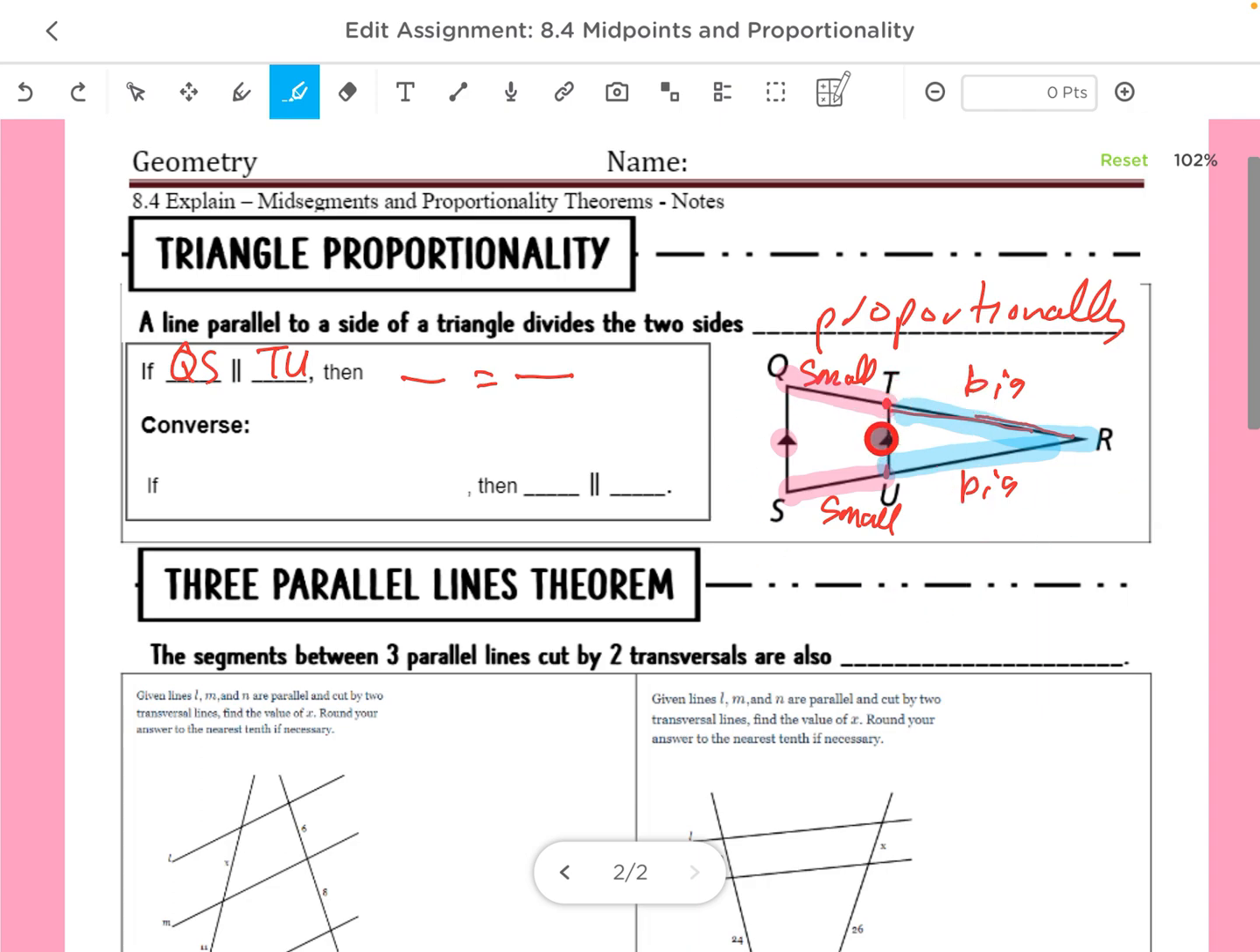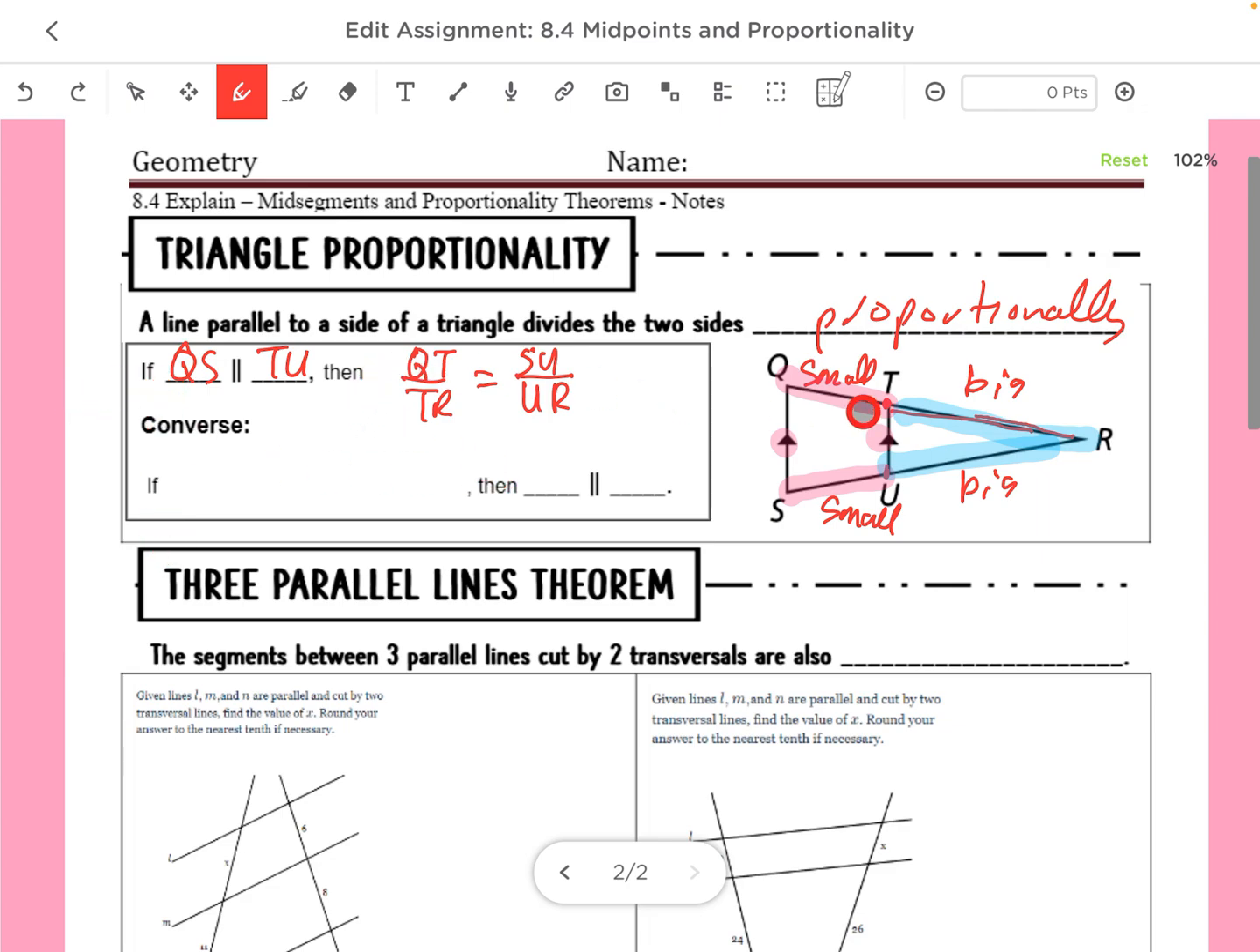Okay, so if these are parallel, what that tells us is this small part, so QT, over this small part, QT over TR is proportional to SU over UR. Okay, so if these are parallel, it divides those into proportional parts. So this to this is the same ratio as this to this. Okay? Conversely,